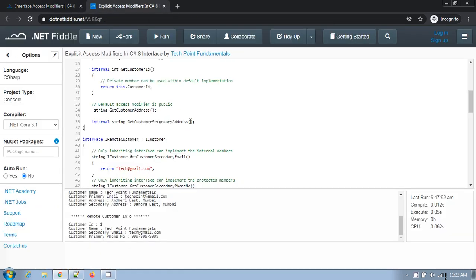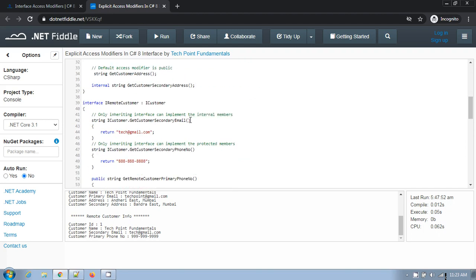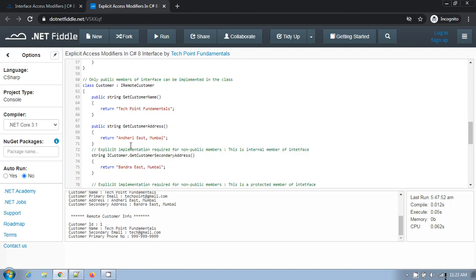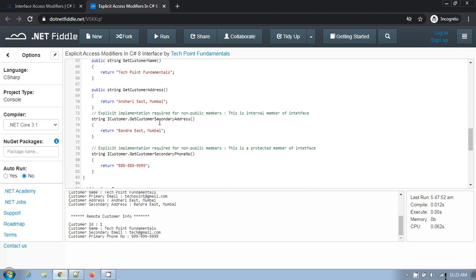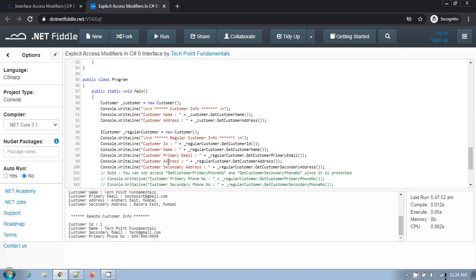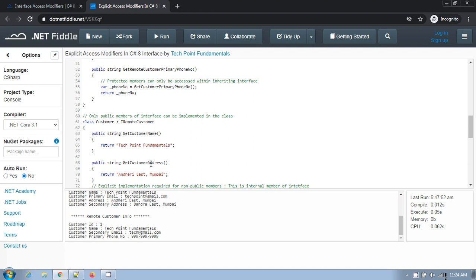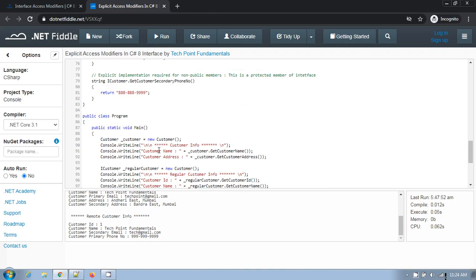If you see here in the example, this customer class, in customer class I have implemented two members, get customer secondary address and get customer secondary phone number. Both are explicitly implemented, so one is internal, one is protected. So if you see in the main method, you can access name and address which are public members of the interface. If you see here, get customer name and get customer address, both are public in the interface,